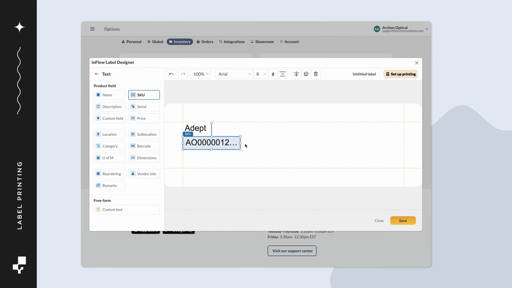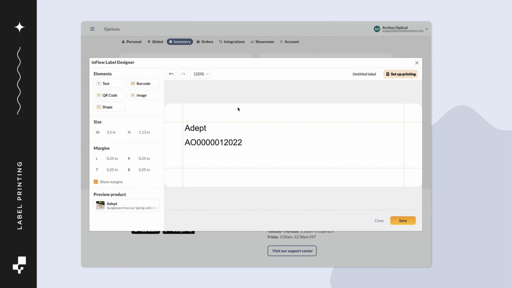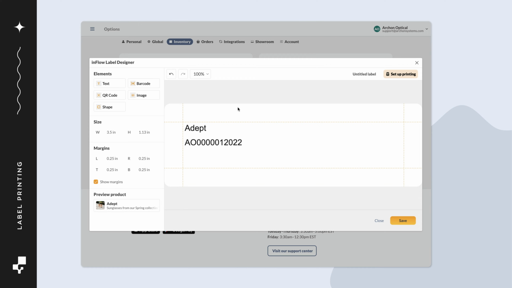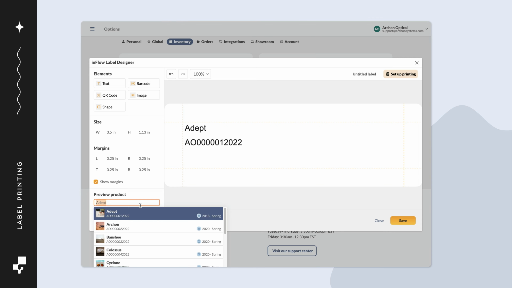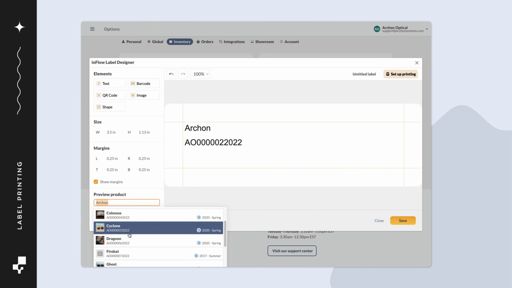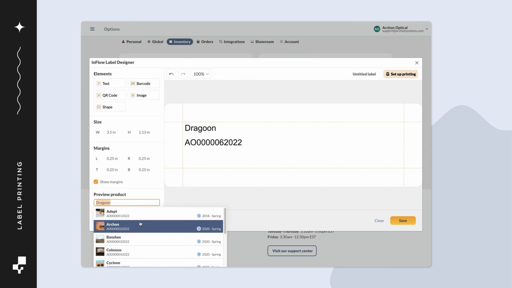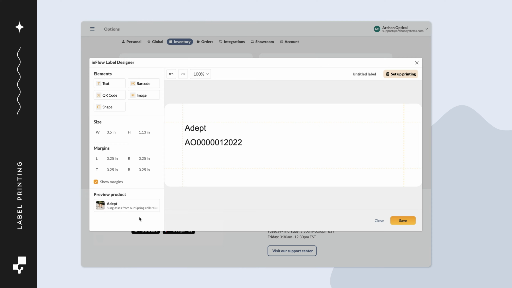If you see some fields with 3 dots at the end, it means some of your product information is cut off. Make the height and width of the product field big enough to get everything to fit on the label. If you click away from the highlighted field, at the bottom left, you'll see the Preview Product drop-down menu. This shows a list of your products in Inflo. This is to give you a preview of what the template will look like with the information from your other products. We'd encourage you to flip between different products from this list to make sure your label design will work for various products. This is especially helpful if you have some products with longer product names or descriptions.